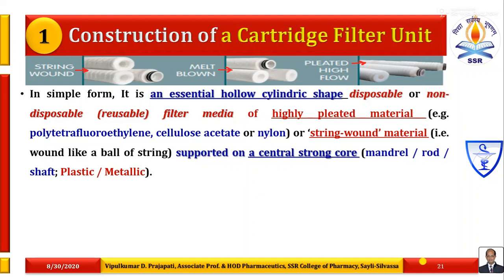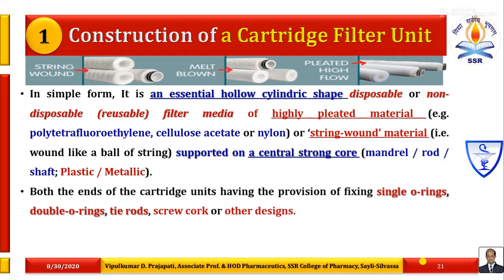This type of material is supported on a central strong core, on which the filter media is deposited. That central strong core is a mandrel, rod or shaft. It may be plastic or metallic, and perforated or non-perforated. On that central strong core, the filter media is fabricated.